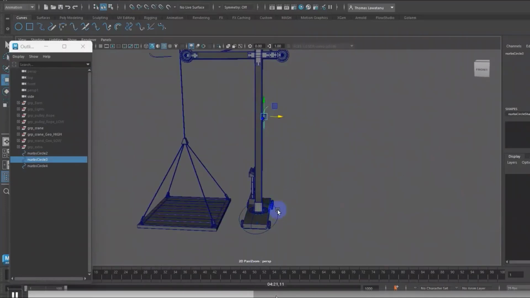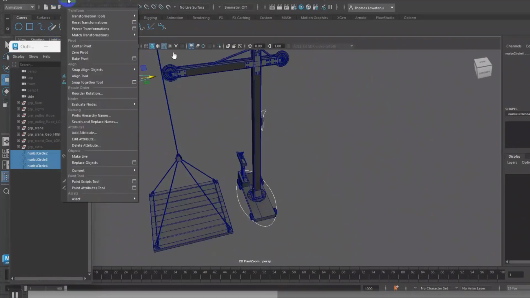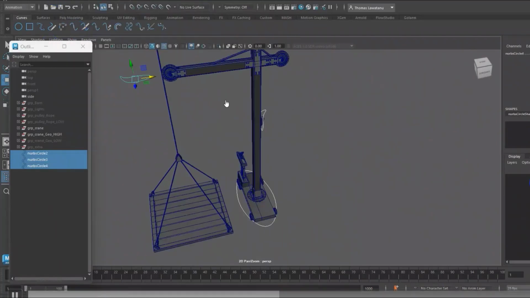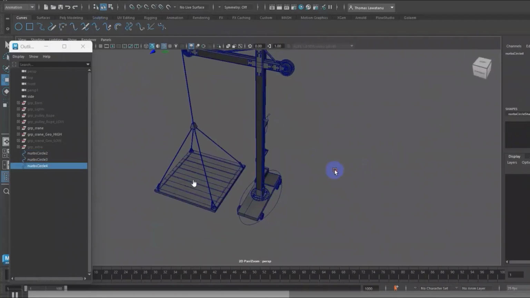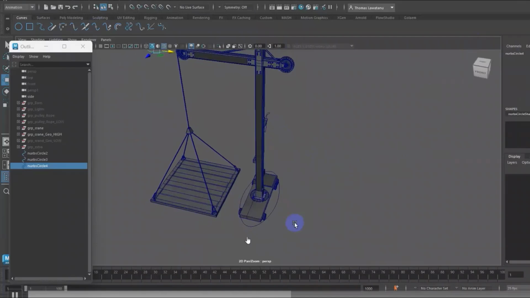I think the last one. Okay, this is the last one. So right now there are three. You can name them. This is the middle one. This is for the trolley base. This is for the rotation. Anything, you can name in the outliner. So I move on. Okay, this is only the name.